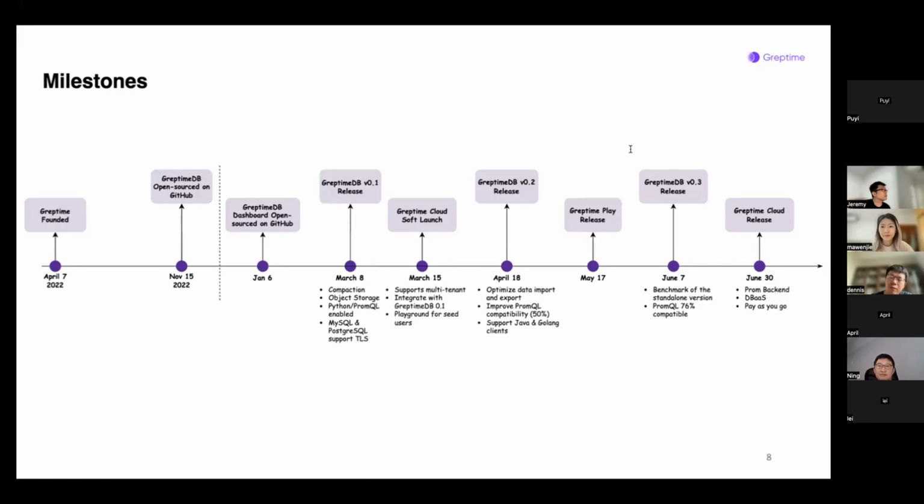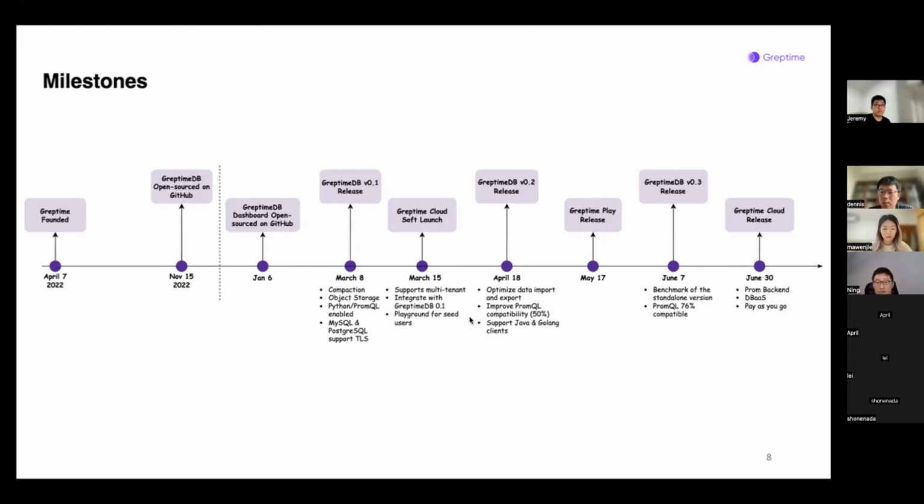As many of you may already know, we are building Greptime in the Rust language. It was open sourced on GitHub in November last year. Since then, we have been continuously improving and adding cool new features such as a dashboard, Prometheus support, and Greptime Player to help users visualize and get familiar with it recently. We released version 0.3. You can read the full article about it on the blog post. And Jeremy will also introduce some main features later.